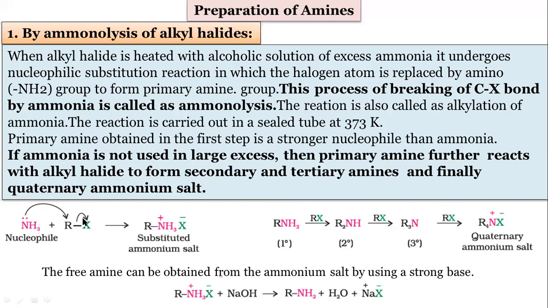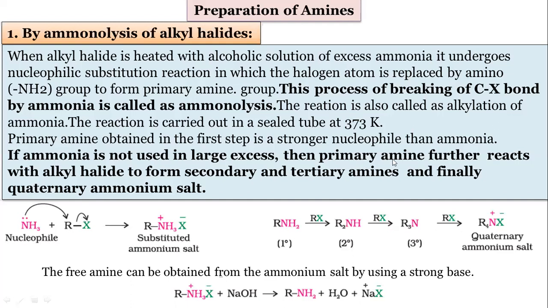Remember, when ammonia is used in excess, we will get only one product here, the primary amine only. But when RX is used in excess, it gives 4 products: primary, secondary, tertiary, and quaternary salt. So this reaction is ammonolysis of alkyl halides. It is clearly mentioned here. If ammonia is not used in large excess, meaning the alkyl halide is used in large excess, then we